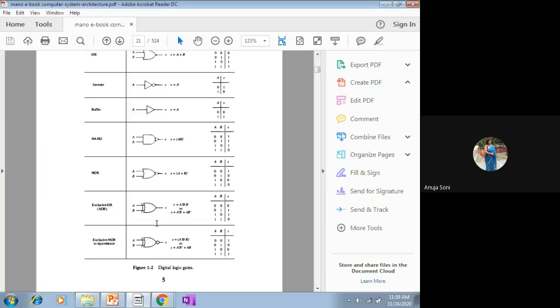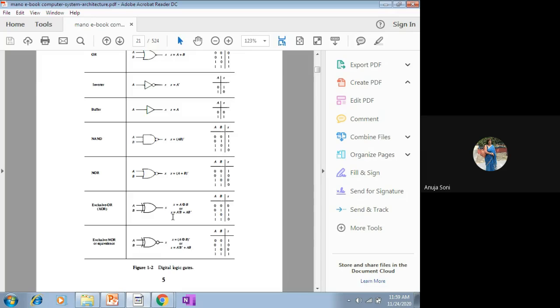This is the graphical notation of your exclusive OR, and this is your logical operation. A circle, and in between it a plus sign is placed. So this will become the symbol of your exclusive OR. It is termed as XOR as well. And what is the equation corresponding to this XOR operation? It works this way.